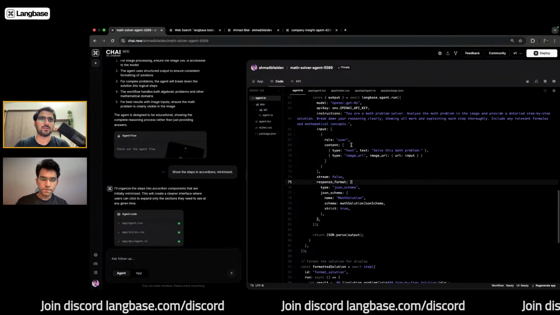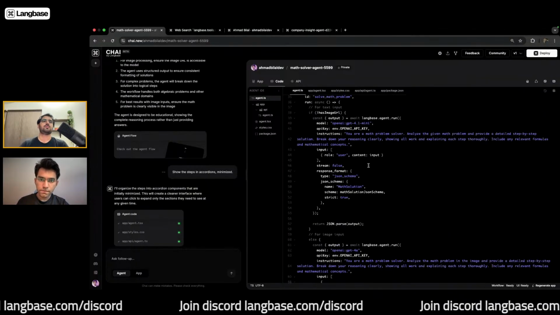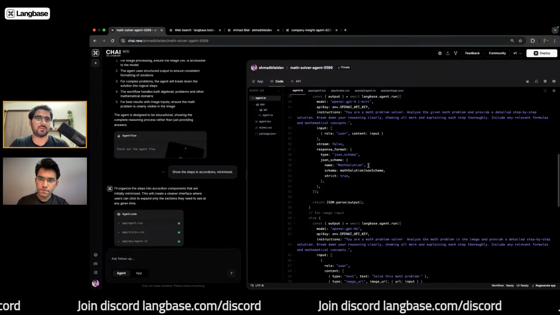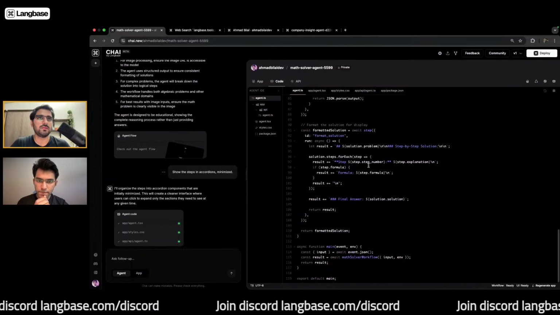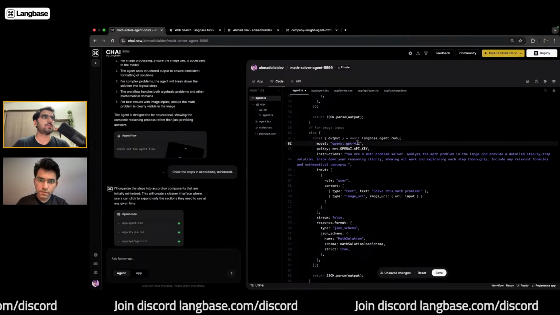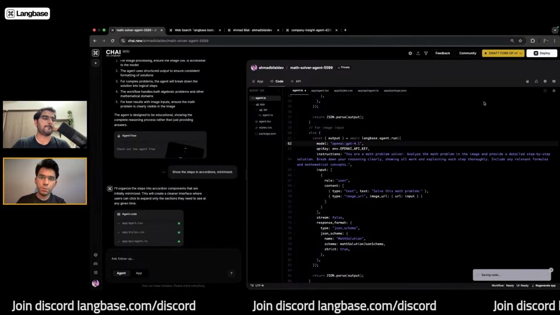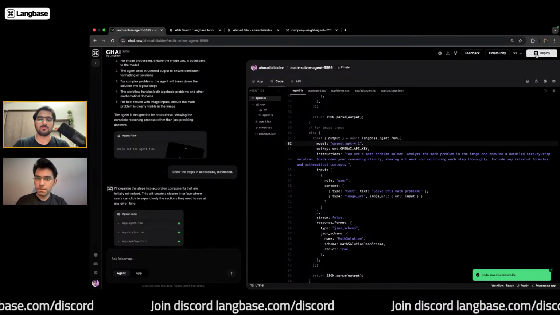And for the other steps, it's using the 4.1 mini for analyzing the question, which is not really a tough ask. All right, so we can probably go ahead and use 4.1 here. We'll save this. Do we have a 4.1 or 4.1 dash mini? We do. Perfect.